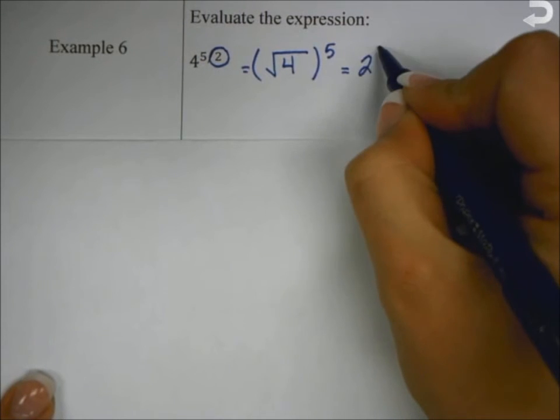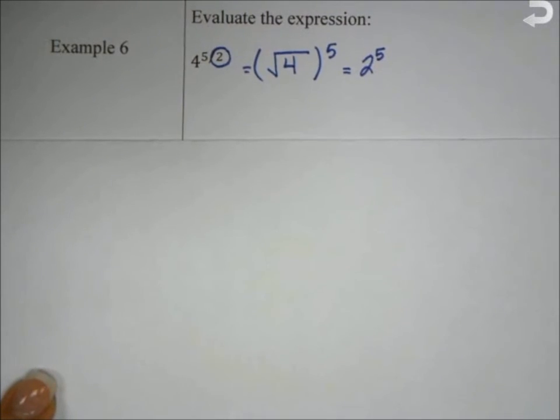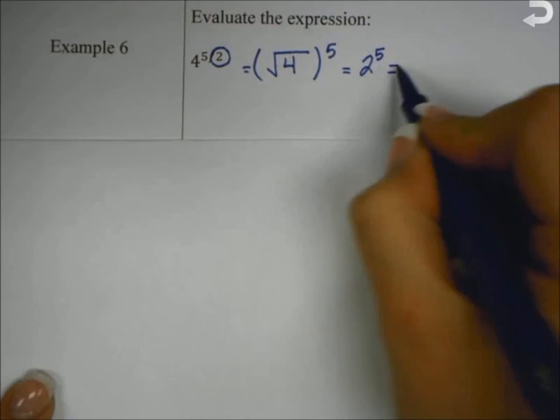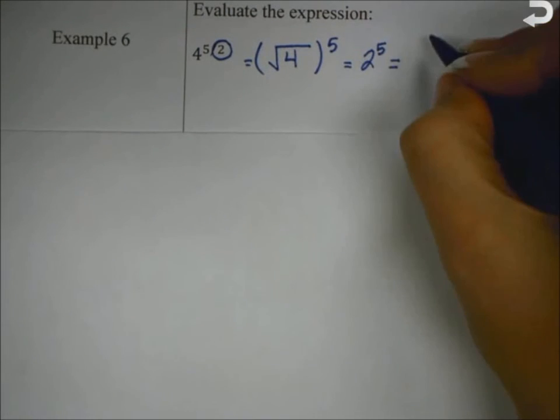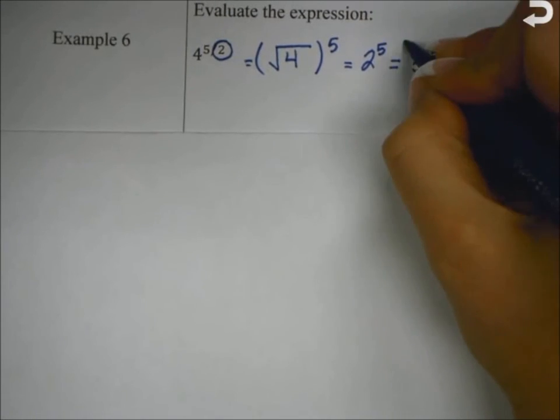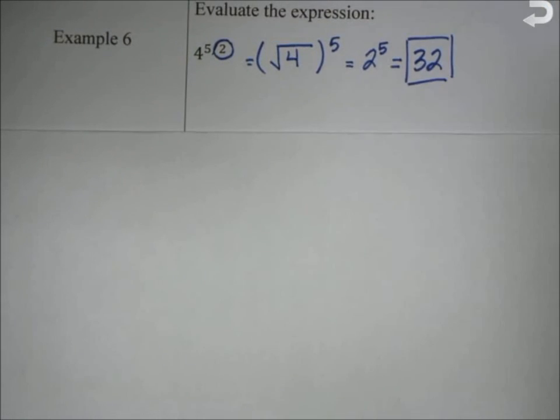And you should not need a calculator for any of these. Your instructions in the homework and the textbook are actually to evaluate without a calculator. So if you don't know something, you're going to have to use trial and error to find what the nth root of that number is. Okay, so let's look at example 7. Now this one looks a little bit different because we have a negative exponent here, but that's okay. That's why we have been writing them all out first. So let's look at 9